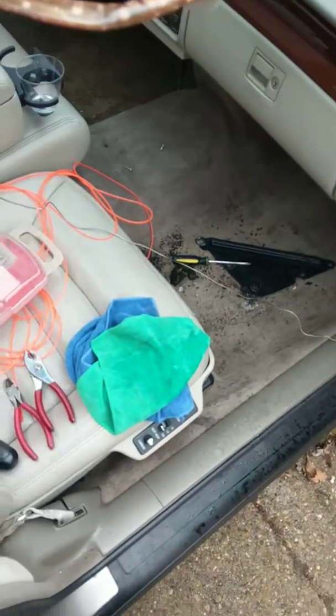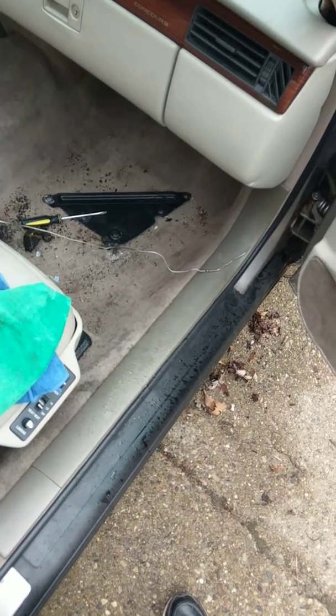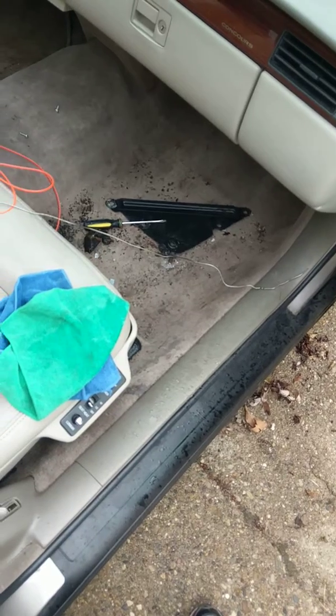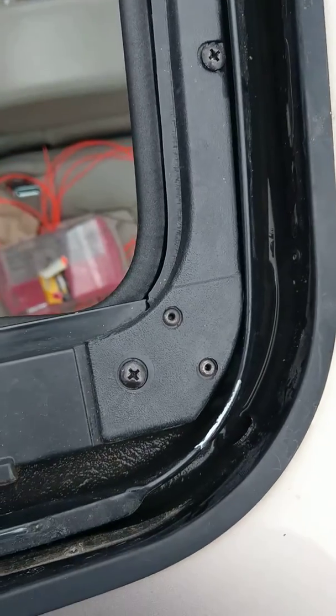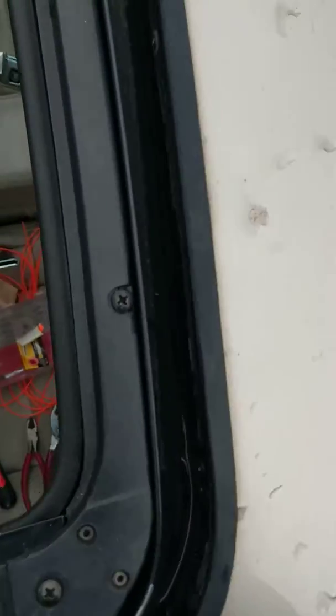I just want to show you guys on a Cadillac Concours DeVille 1996 what I had to do to unclog the drainage of a sunroof. What I did is I had to go in. Here's the drains on the side of the sunroof right here, and there's one on that side. I didn't see any on the back